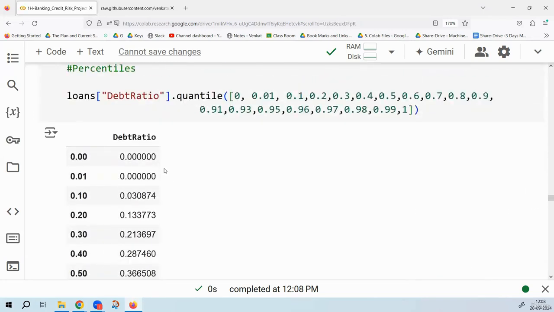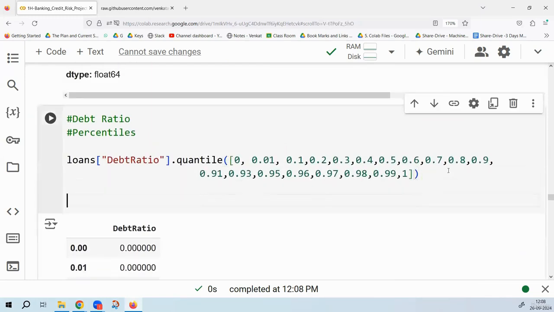Debt ratio means debt to income ratio. So if you have $5,000 debt and $10,000 income, what is your debt ratio? Debt means loans that you have taken. Debt ratio is 50%. So usually 1 debt by 2, ratio,